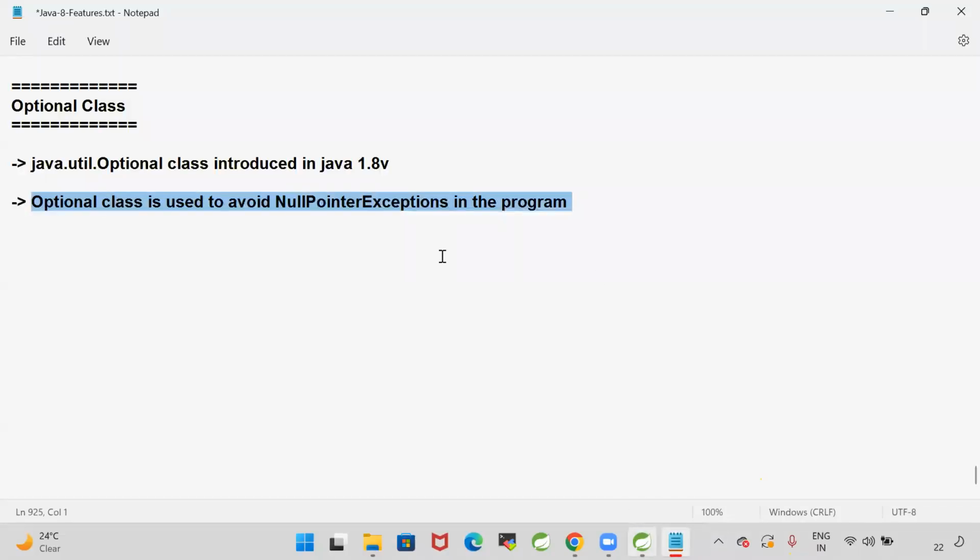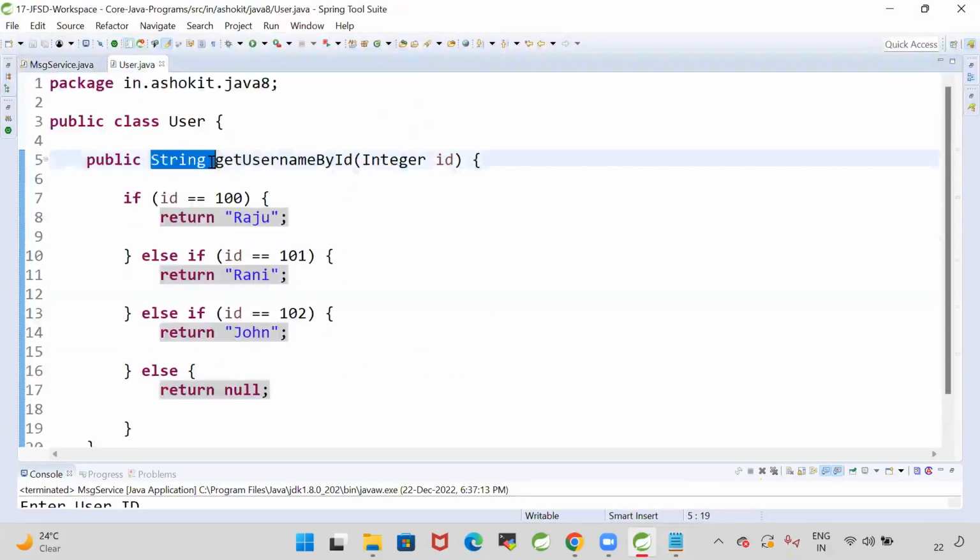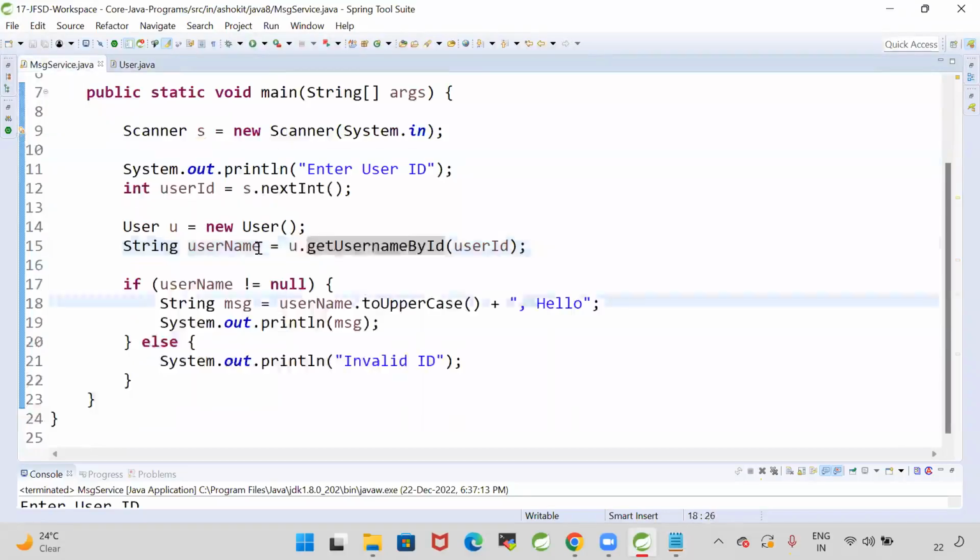So what we can do here: as our method is directly returning a string value, the user may perform operations directly on the given value. My method is returning a string. Here, this user class is developed by one programmer,